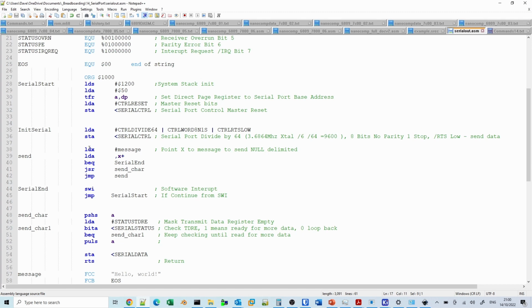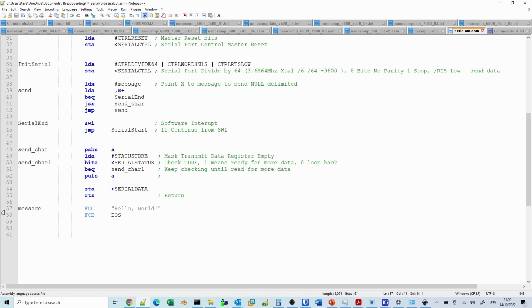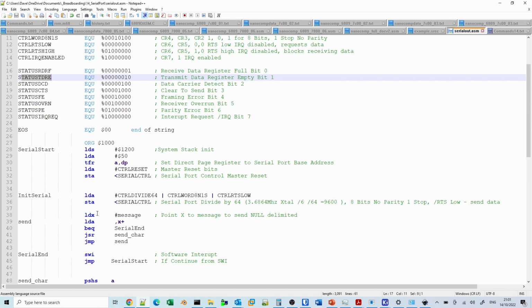Then we're going to start reading our message. Now our message is actually down here. Similar to the machine code example I showed a couple of videos ago, what we're doing here is defining some characters, hello world, and then we're delimiting that with the 00 null byte at the end of it. And this is the way C, for example, delimits strings typically. So all we're doing is making this a string with a 0 at the end of it.